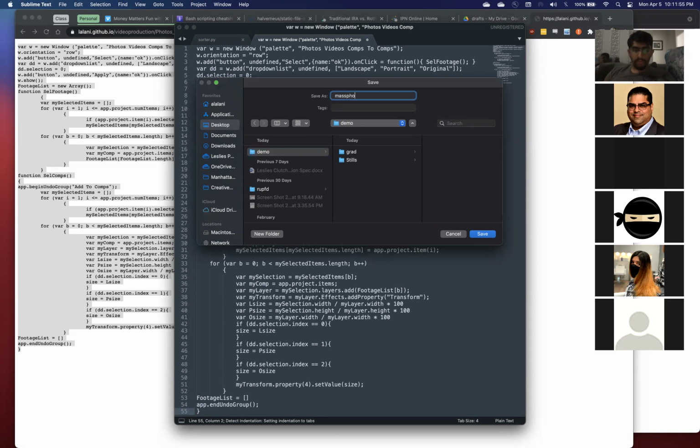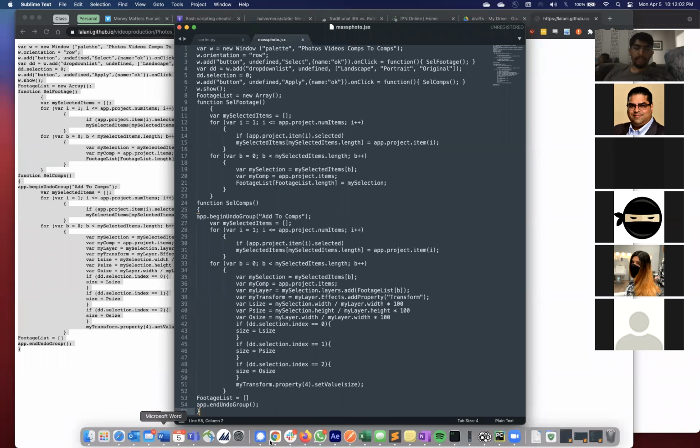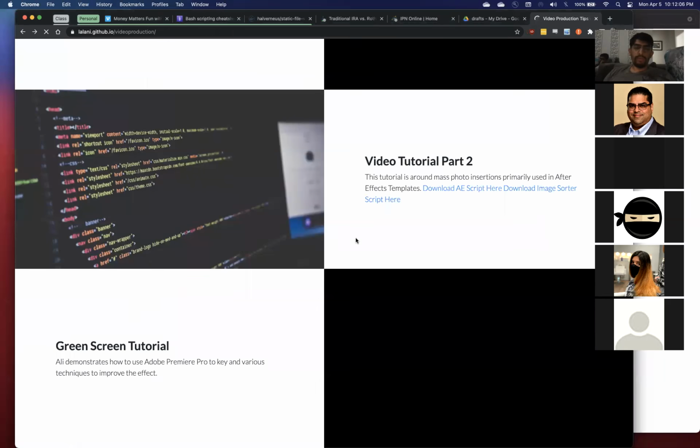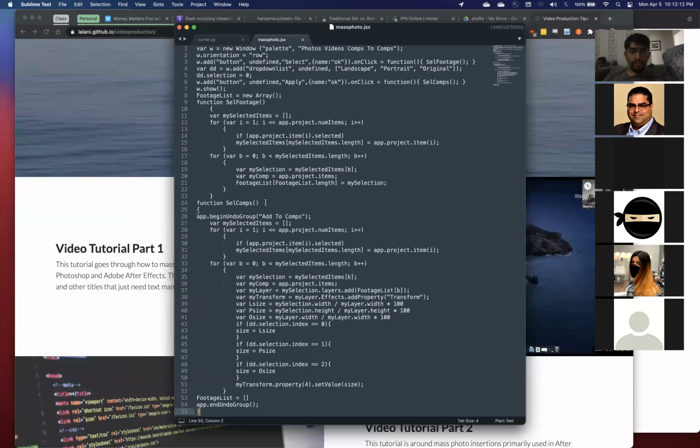I called it massphotos.jsx. And then obviously you would save that and add that as a plugin into After Effects, just how we did the first one for the CSV to text layers in the text layer script. So once you go there,